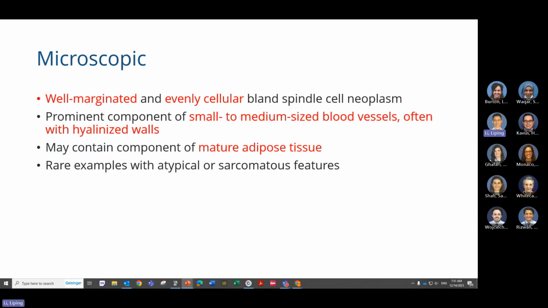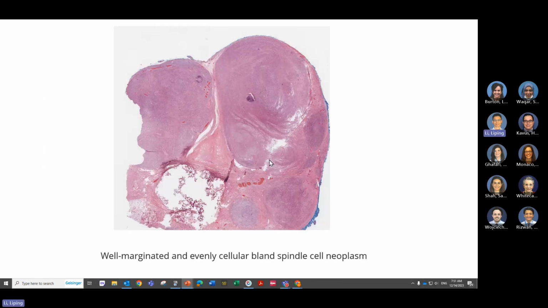So for the microscopic features, as I mentioned, they have more cellularity, hypercellularity of this lesion. They are usually forming lobular or nodular looking growth, also separated by fibrous septa. And then the vessels are small to medium size, but they have hyalinized vessel walls. They may contain some mature fat tissue. So even in low power it looks completely different